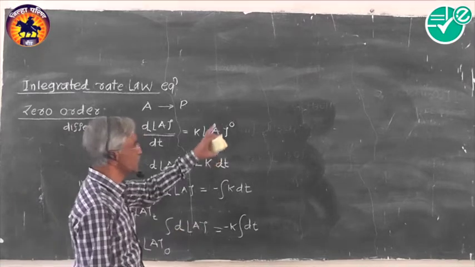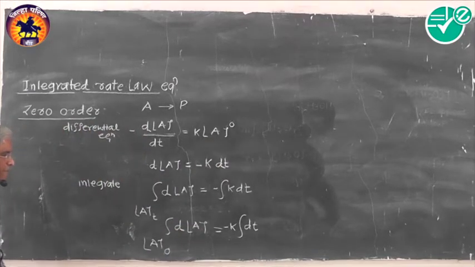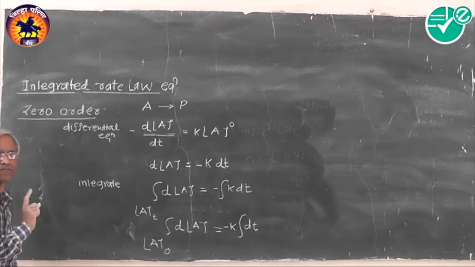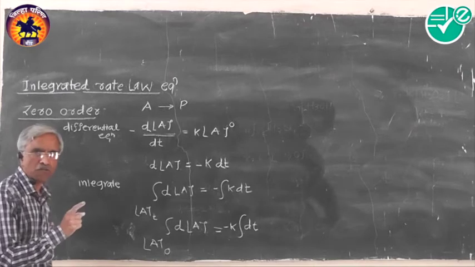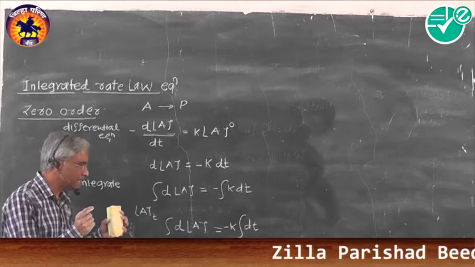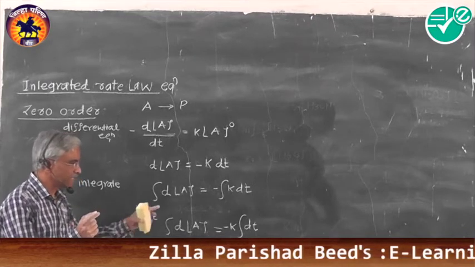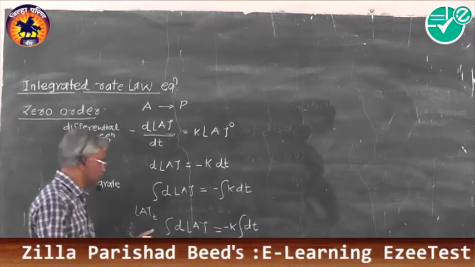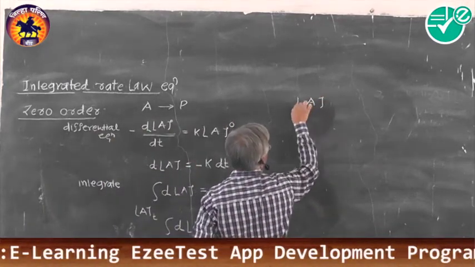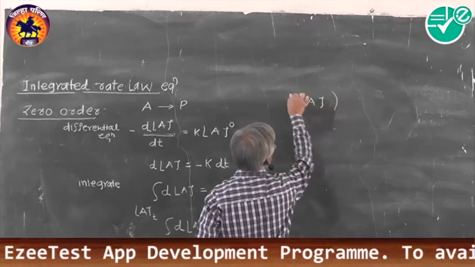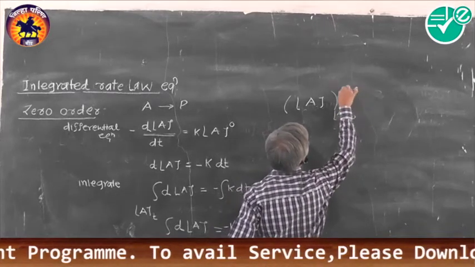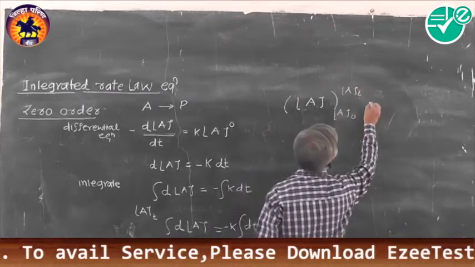Now integrating it, we can go for writing it there. Those who don't have mathematics, remember that there is a formula that integration of the differentiation of a function is the function itself, and therefore we will write it here. And now the equation will become like this: the concentration of A in the limits of lower limit A0, upper limit At, this is here, which is equal to